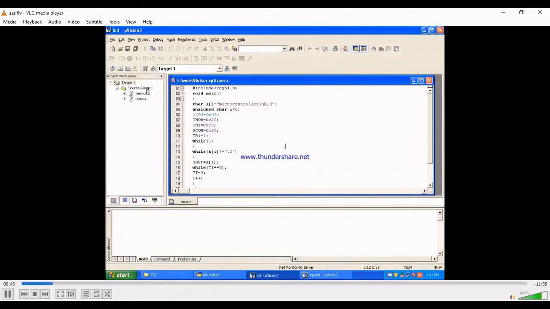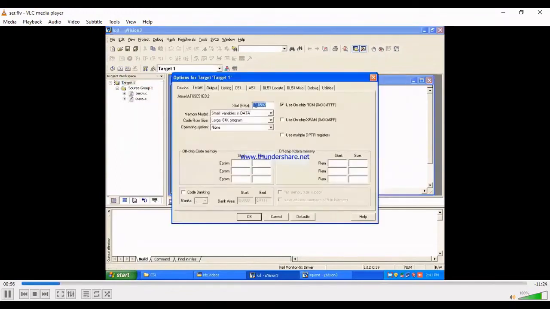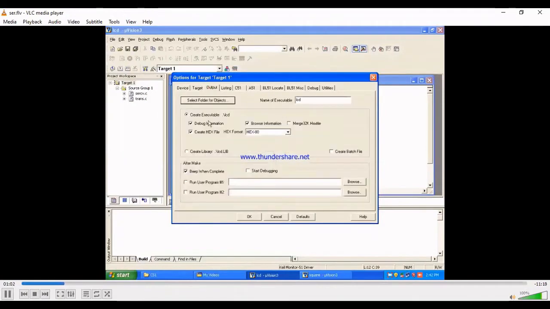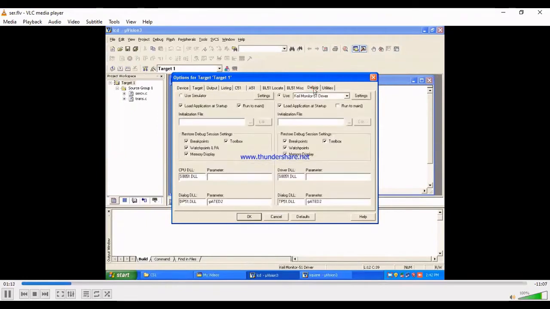So for serial communication, set the baud rate. Set the target. Options for target. Give the crystal frequency 11.0592 megahertz, and then output, create hex file. If you are using FlashMagic, it is helpful. We require a hex file there, and then go to debug.